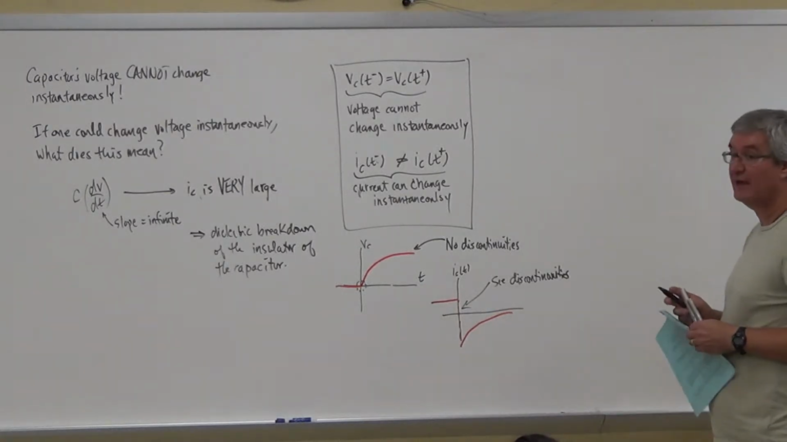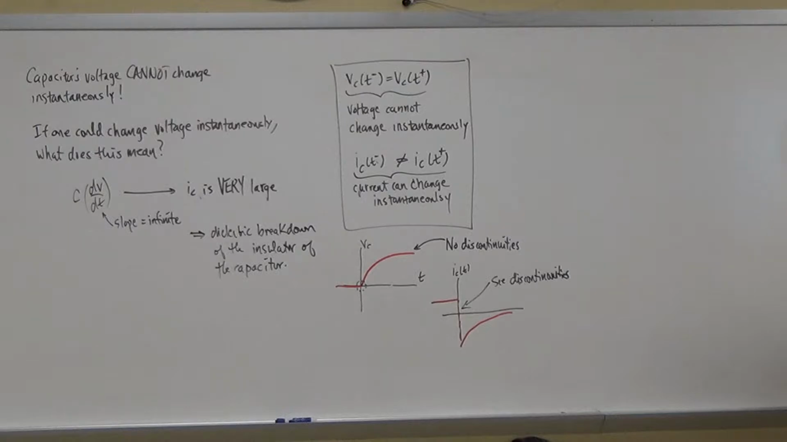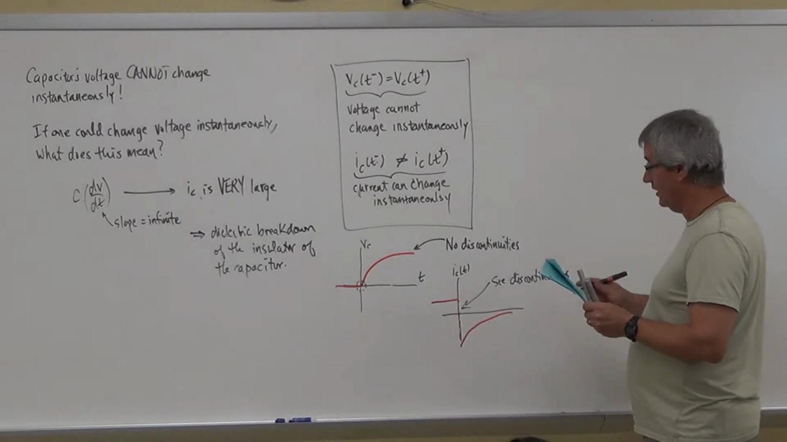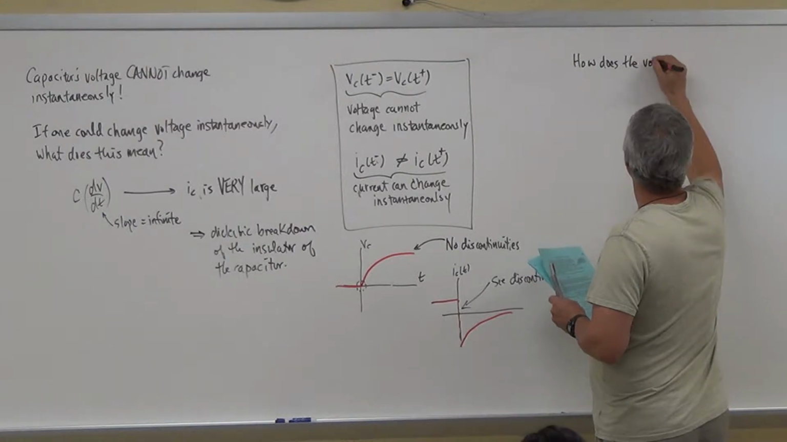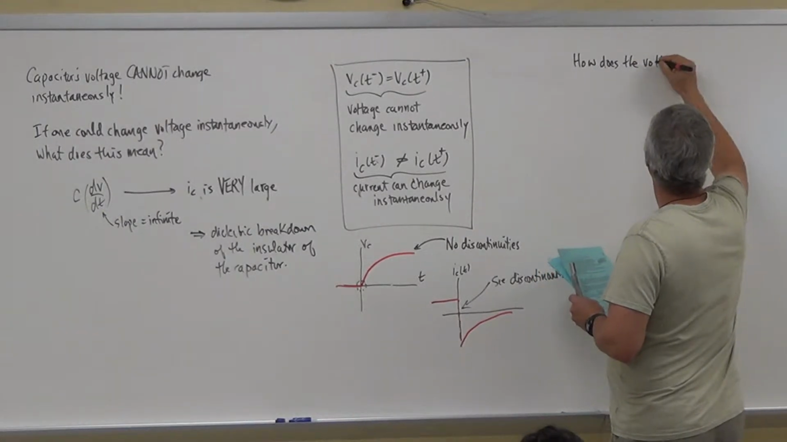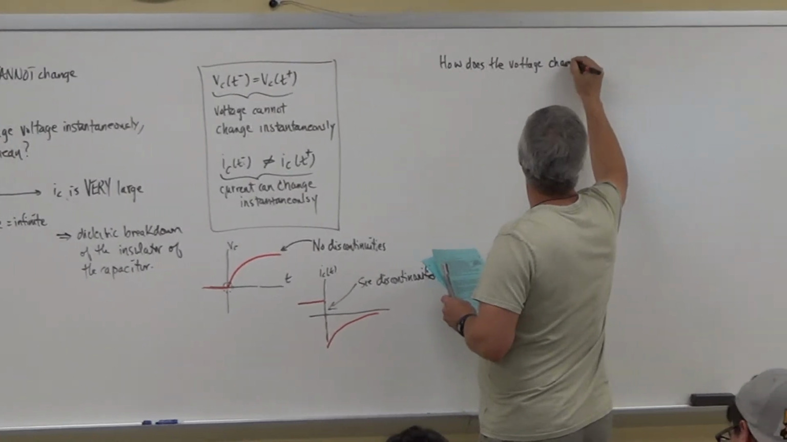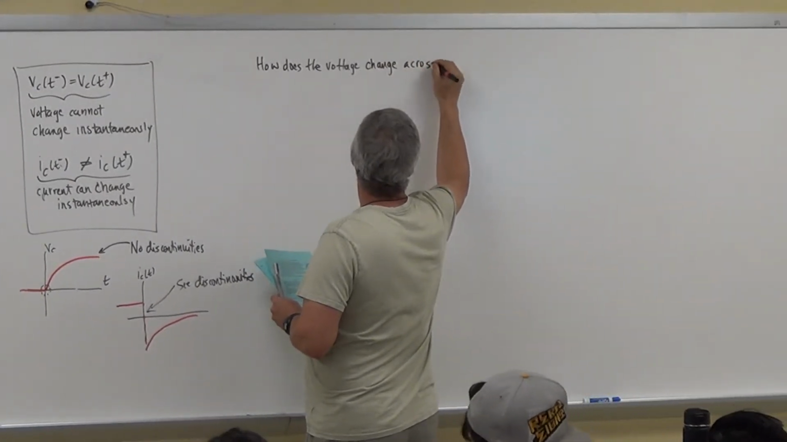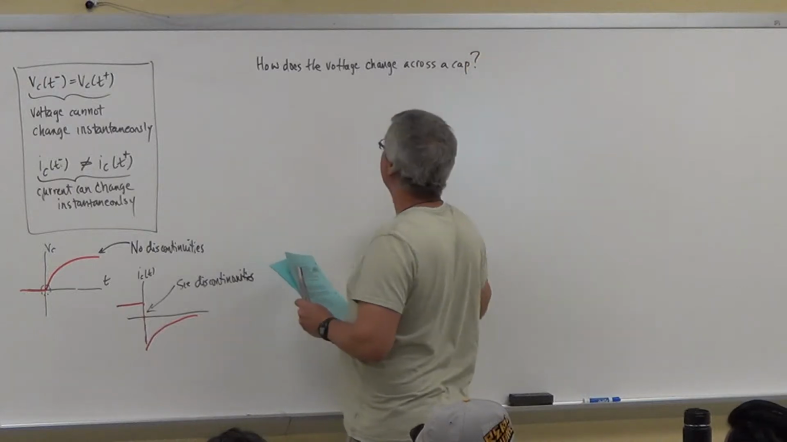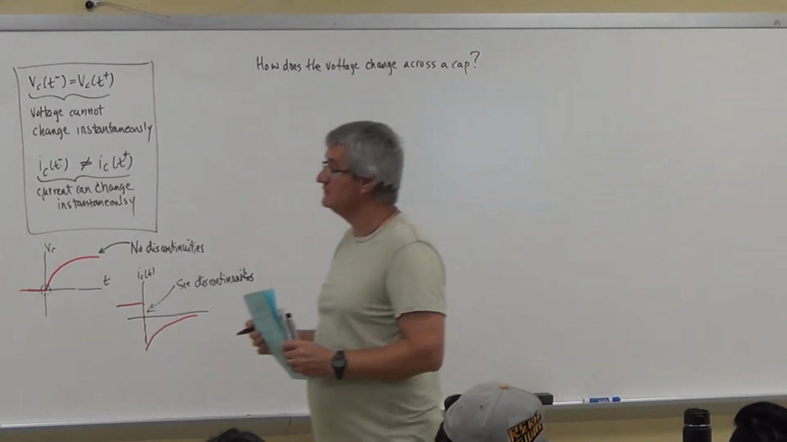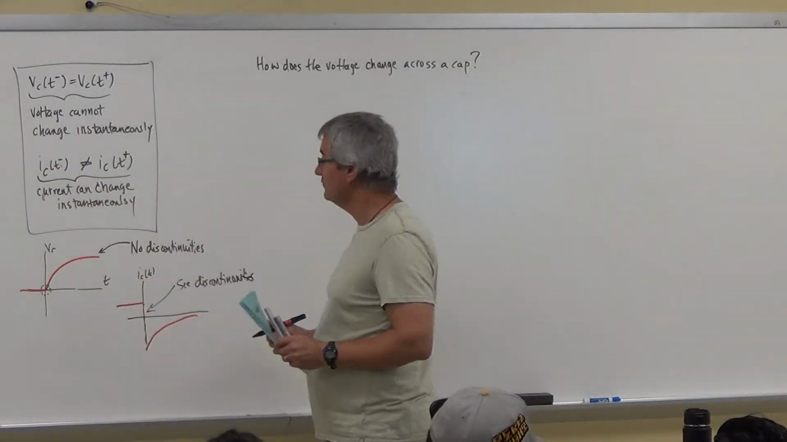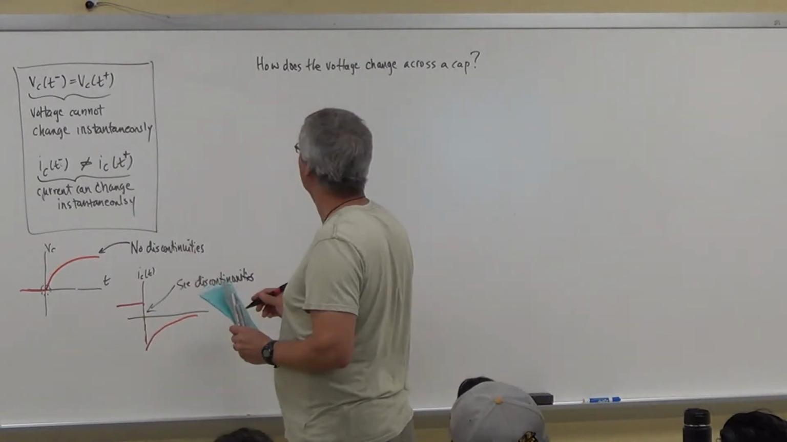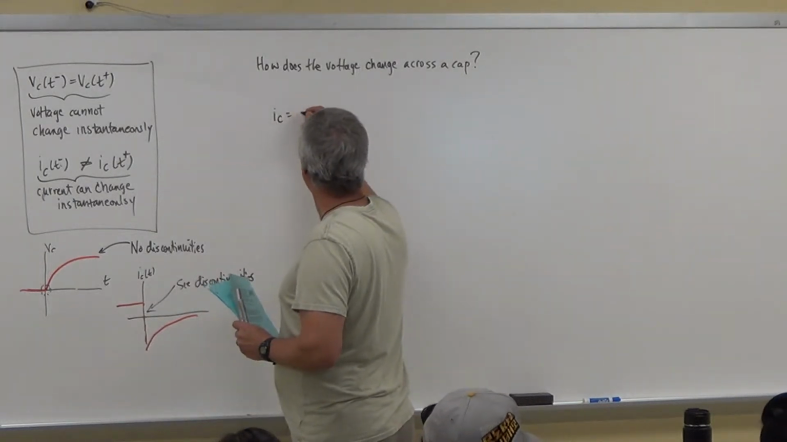Just to help you with the problem set, what we want to look at here is how does the voltage change across a cap. The way we answer that is that we start looking at this guy right here. So if I'm looking at how the voltage is changing in a capacitor, I start off with this guy right here,